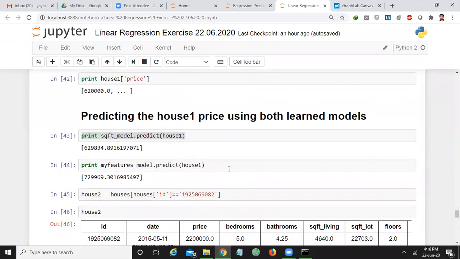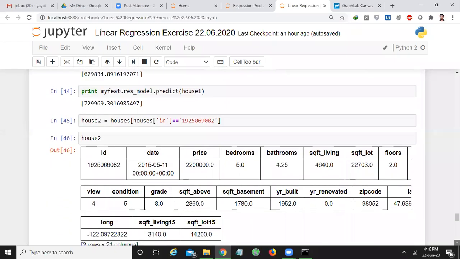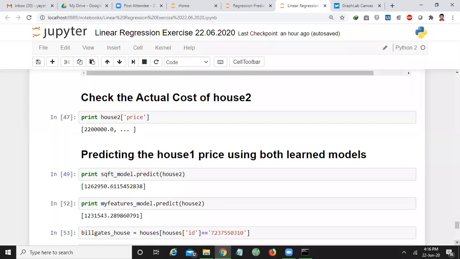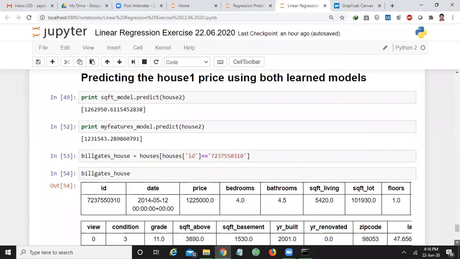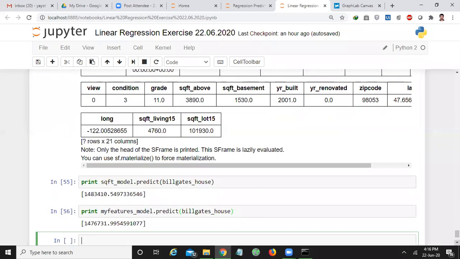For house 1, 6 lakhs and 7 lakhs, which are nearer values, right? And for house 2, 12 lakhs, 12 lakhs. For Bill Gates house, it is giving 14 lakhs, 14 lakhs. So both the models are trustable models, by taking the conclusions of predicted prices for our model. Okay.